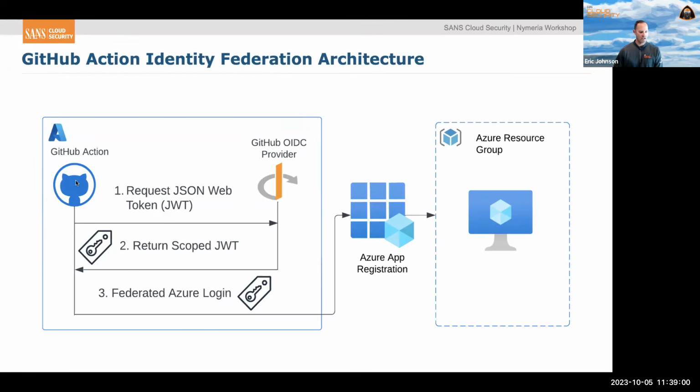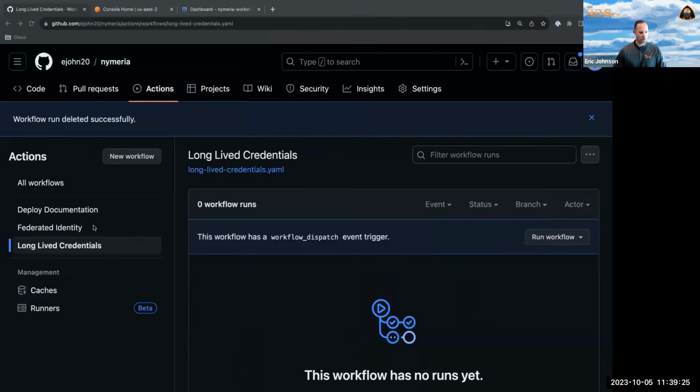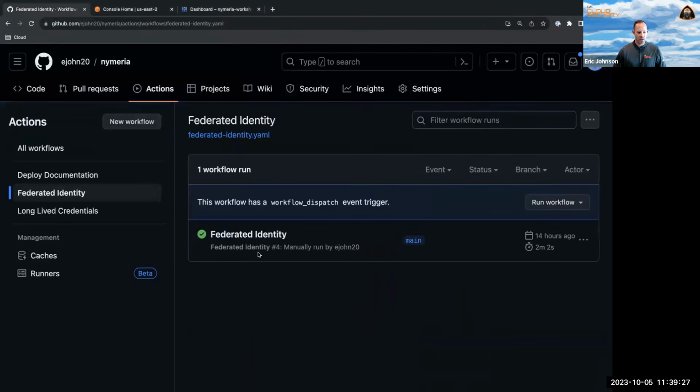So what's happening is that the GitHub action is communicating with GitHub's OpenID Connect provider, and it is requesting a JSON web token that's going to be scoped to your org, your repository, and the branch, and we're going to use that to federate in to Azure in order to build the virtual machine and the other resources that were in there. So the first thing I had you do, if we go back to the federated identity workflow and open that up,